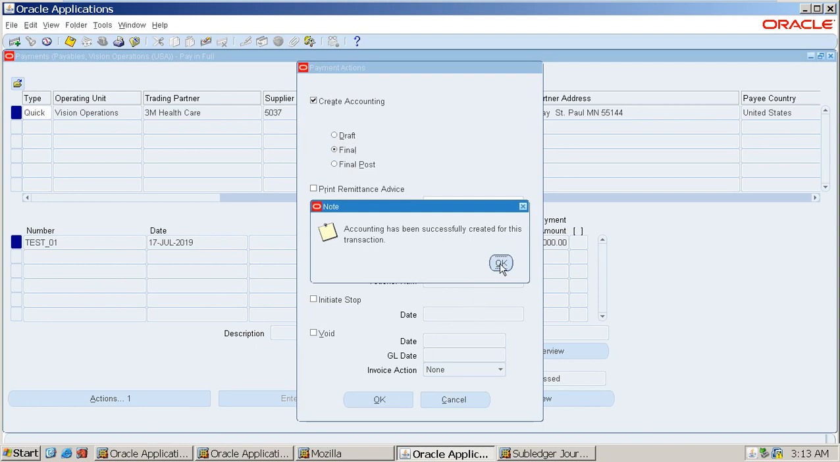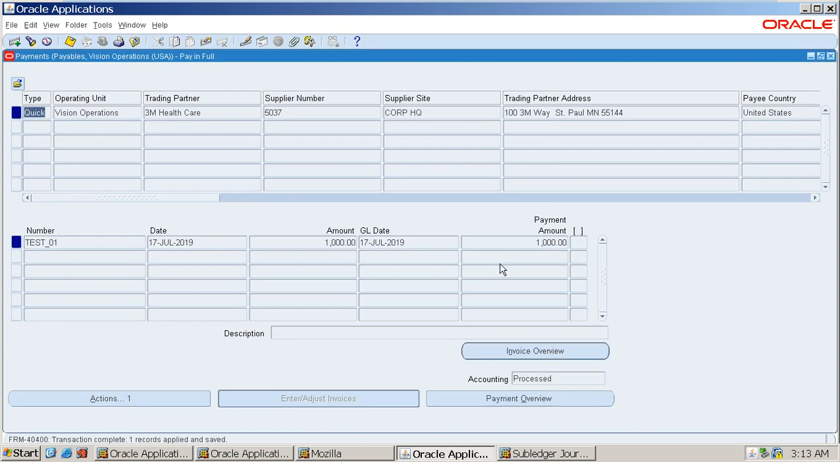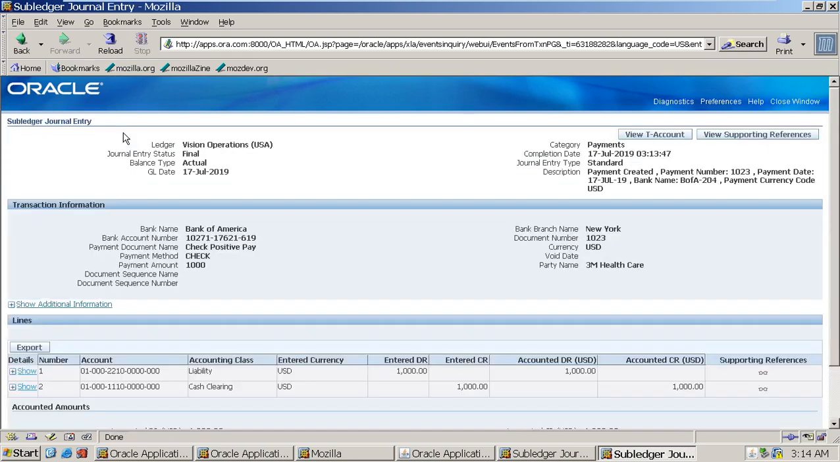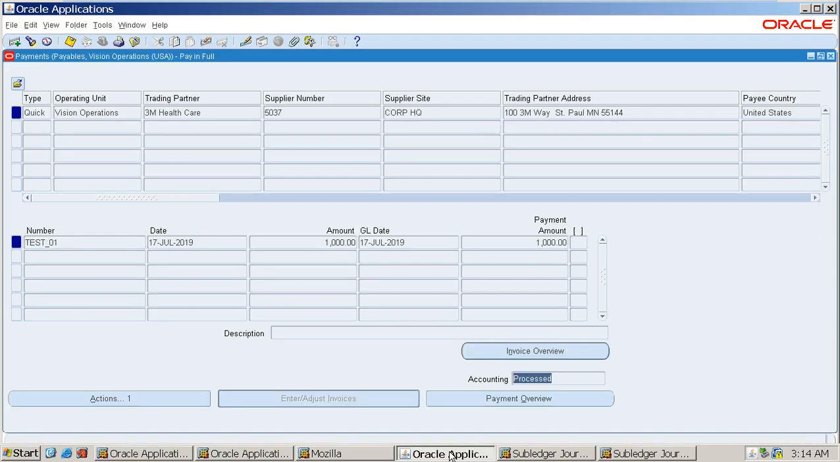Accounting has been successfully created for the transactions. Click OK. You can see here accounting has been processed. Here also it is the same way to view accounting events. Click on View General Entries. Then you can see liability account debit to cash clearing account. So once you have done the payment,